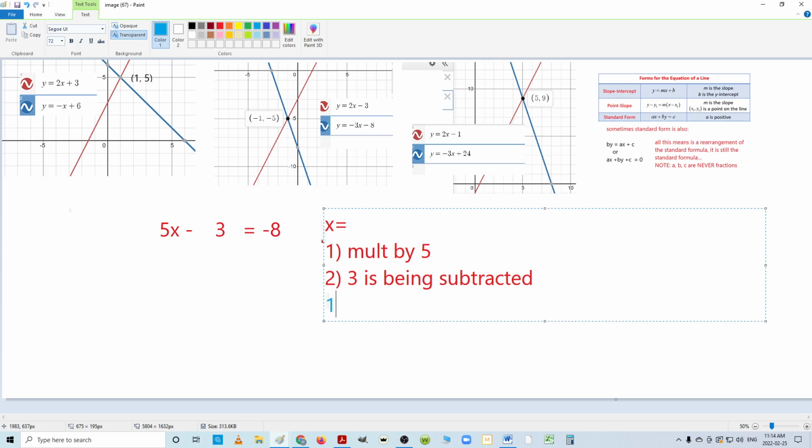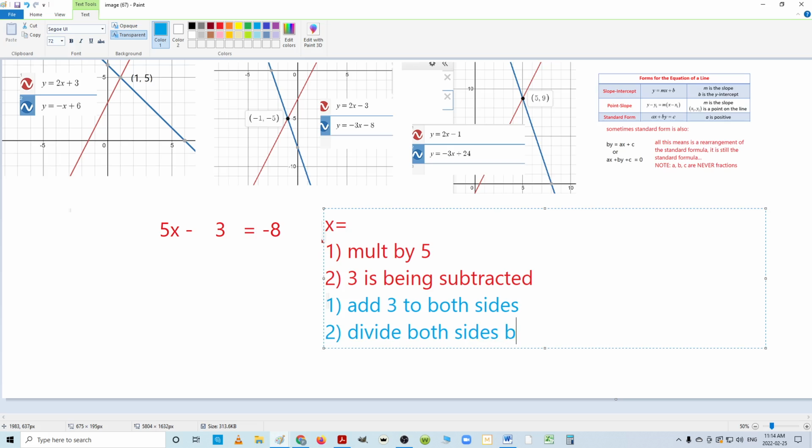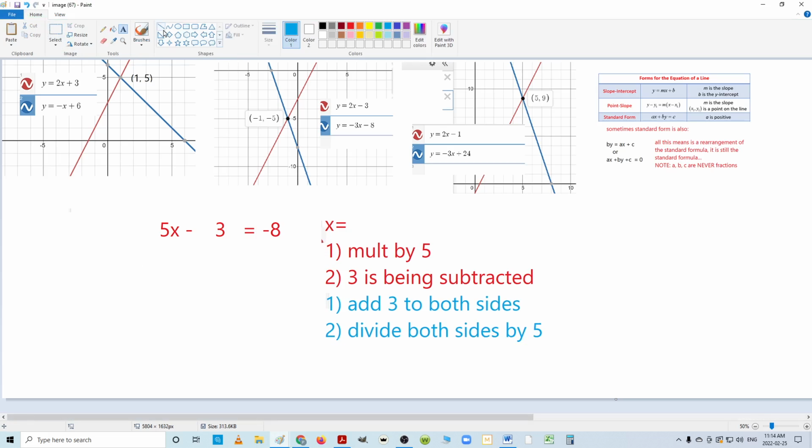So I start with number 2. I have to add 3 to both sides. And then I have to divide both sides by 5. And that will get x all alone and tell me what x is. Practice your algebra. The faster you get, the less you're going to have to use this method, because right away